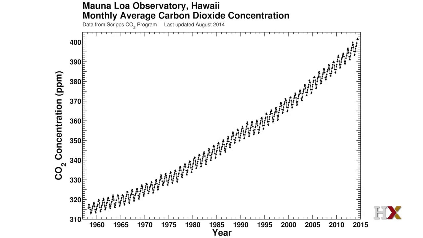But what about longer timescales? What was it doing in the 1920s? What was it doing in the 19th century, or even before? How much did it vary over this timescale? To get at that information, we have to look at other sources, because obviously we don't have bottles of trapped gas available. But there is actually one source where we can get trapped gas from the atmosphere, and that's from